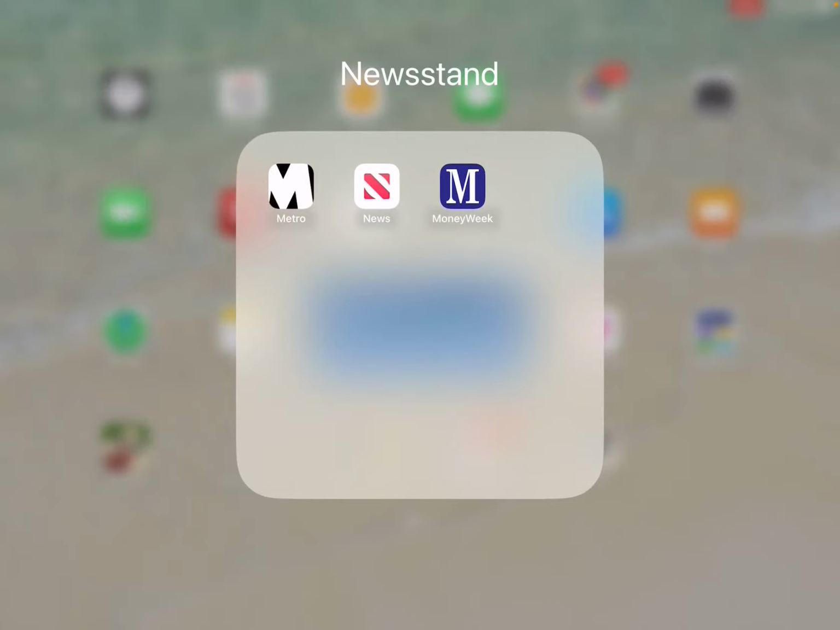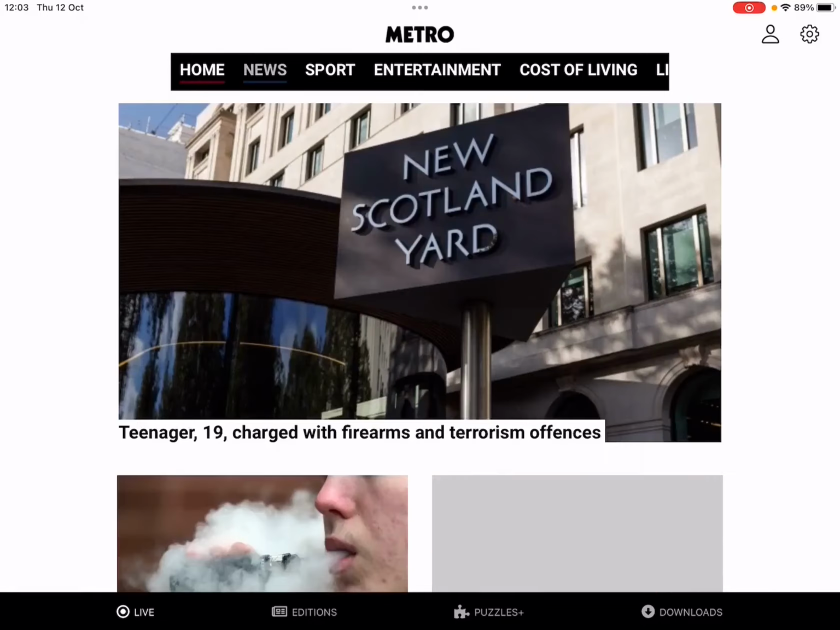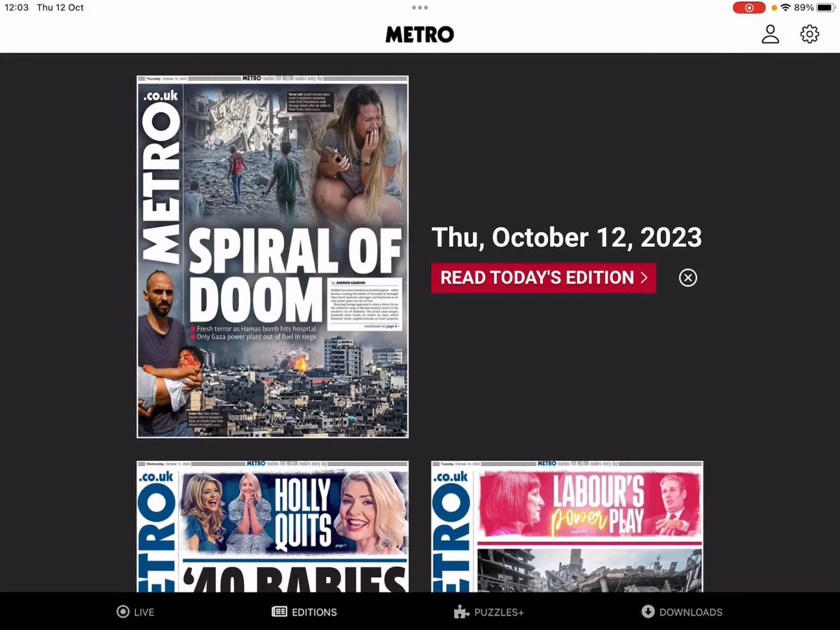So, Metro app, tough Sudoku, 12th of October '23, Thursday. You want to be at the home, editions, which is down at the bottom, Thursday, October 12th,